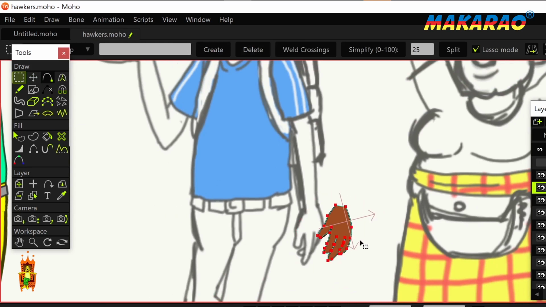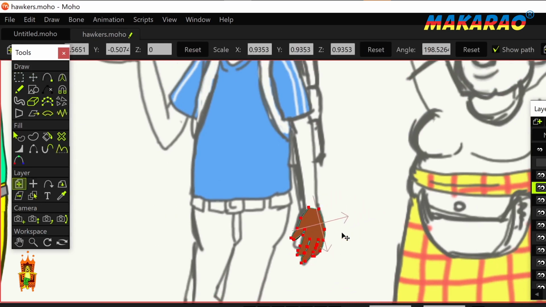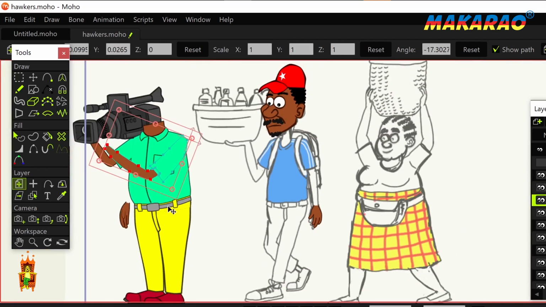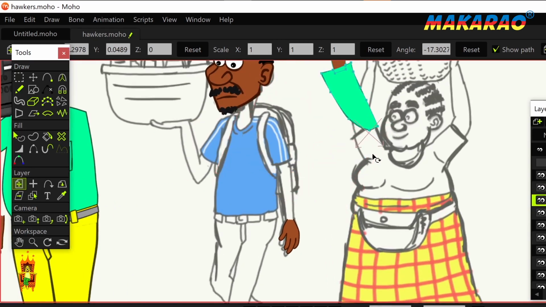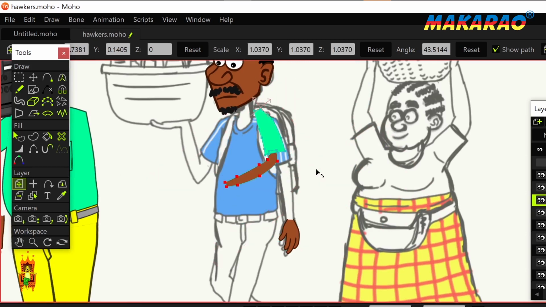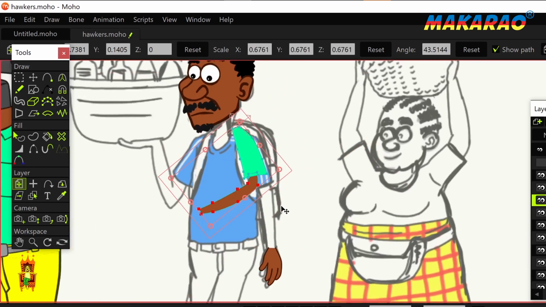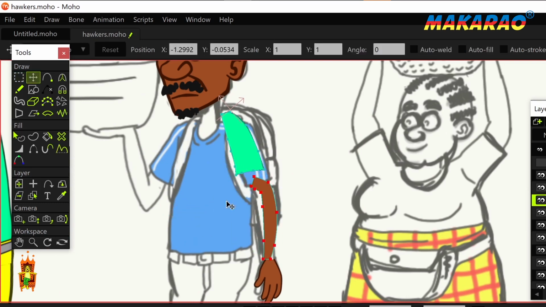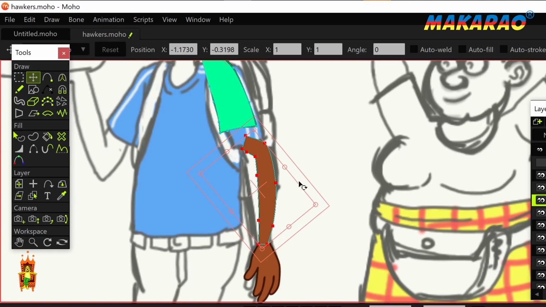So I'm hoping the few minutes that we have, we'll be able to finish within 20 minutes. That's my hope. So I'm going and using another character that we had already done long before. This character is from season 1. He's a journalist, but today we want to use his body. You see, instead of starting again to draw from scratch,